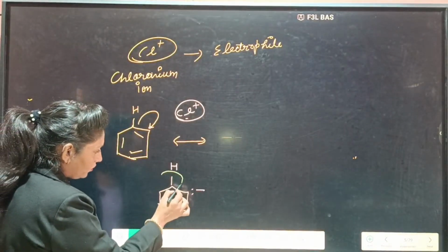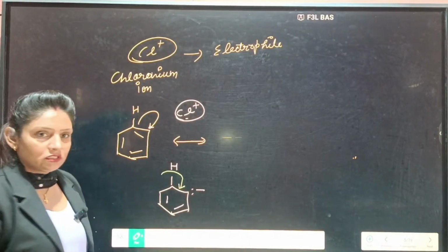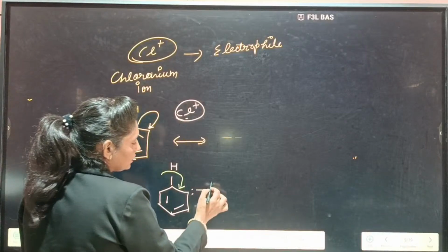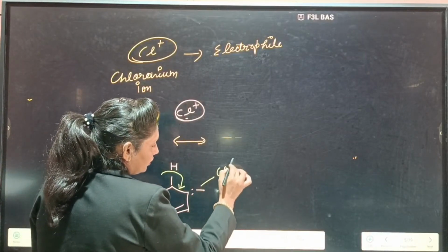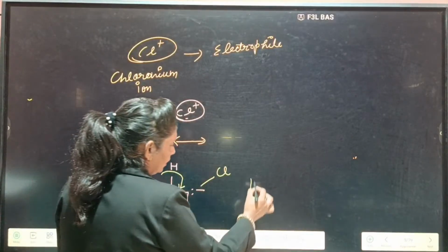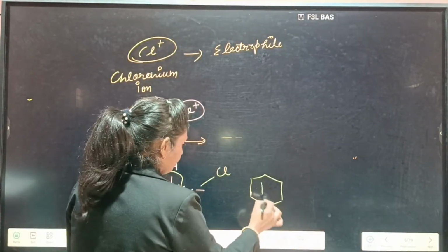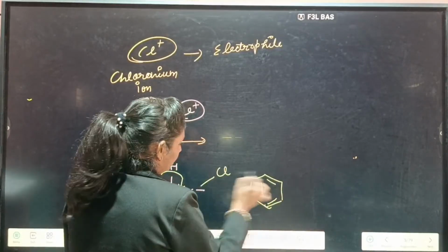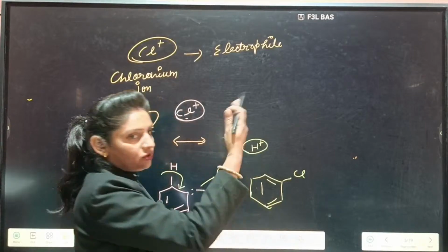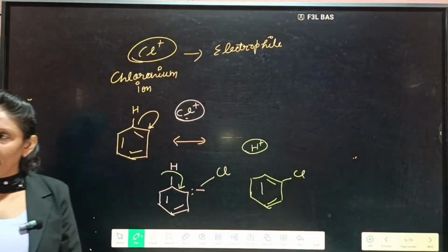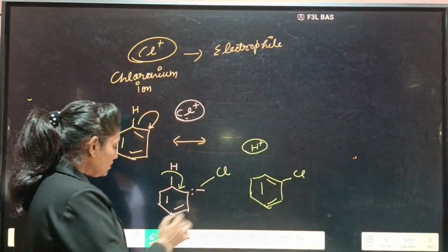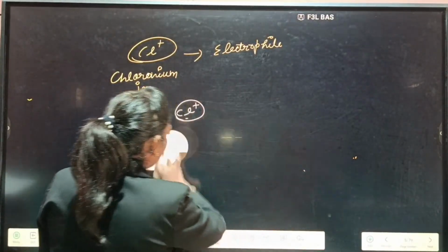Now, this one hydrogen can support this one, and this chlorine, positive and negative, can form a bond. So finally you will get a double bond here, and H positive and Cl negative will form HCl. Clear or not? Any doubt in this? Yes. But students, try to understand,